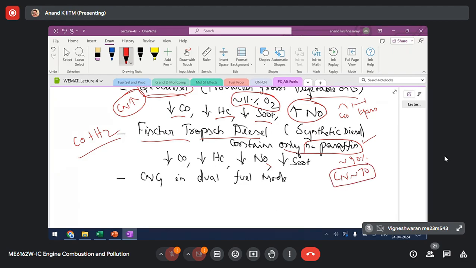Also, one of the important features of this fuel is you can see that it can reduce all the 4 primary pollutants, CO, HC, NO, and soot. CO is reduced because of the fuel consumption; Fischer-Tropsch diesel is a high heating value fuel. So it is enough if you consume less fuel to produce a given power output. So CO levels will come down because of better fuel economy. HC will come